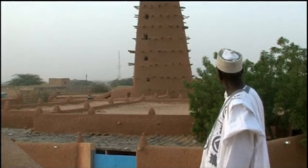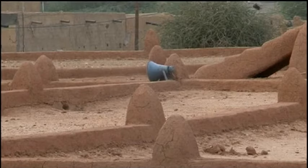This gateway to the desert is now trying to regain its historical appeal and shake off its status as a